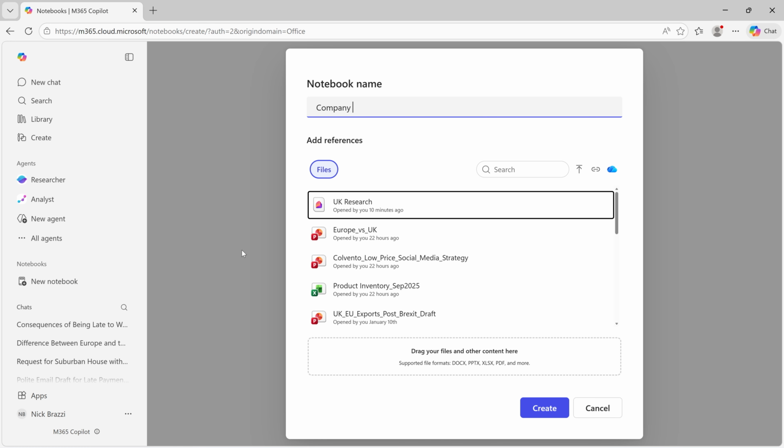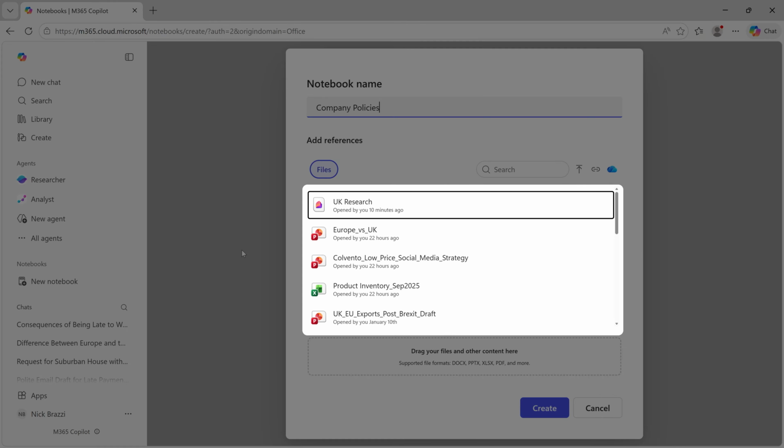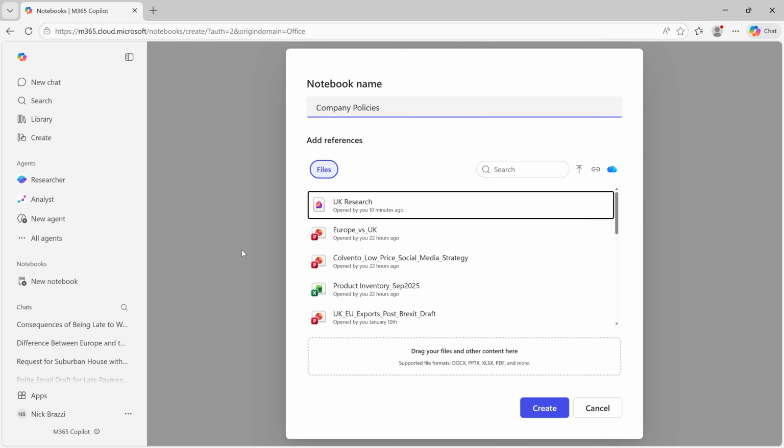I'm going to name this notebook Company Policies. And to start a new notebook, you need to choose information sources. You can choose from this list of recent files that you've used, including any Copilot pages you may have. You could upload files from your computer, or choose a file from your OneDrive, and you could even drag files